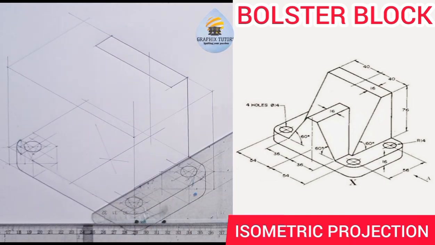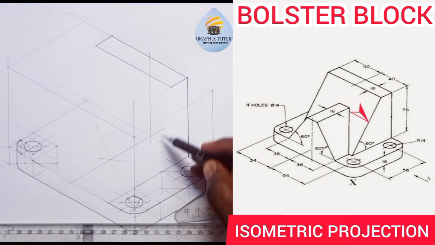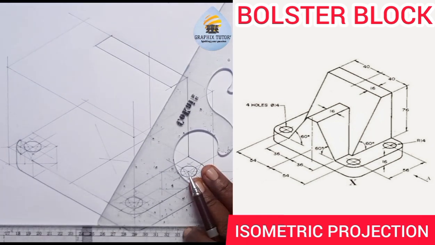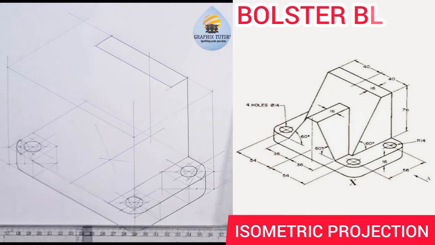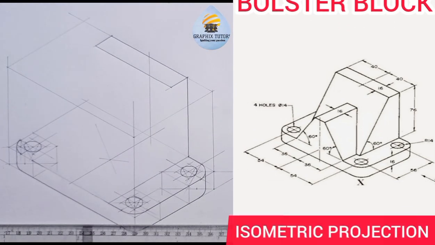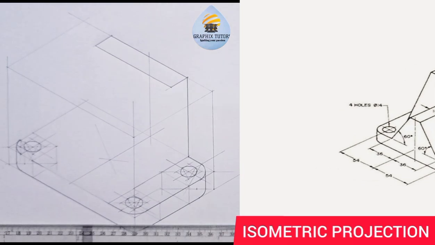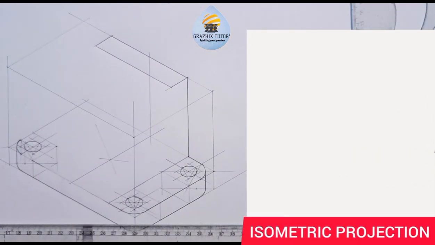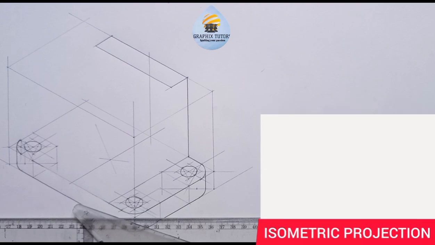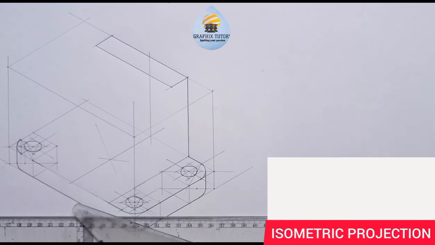So aside that, the next thing we'll do is the angle you're seeing here is an angle of what? 60 degrees. Do you get logic? So what I will just do is I can easily use my set square. It will not work that way, no matter how I want to do it. So the best thing you should do in this case is to reconstruct this guy at this point here. So let's see what you do. Let me remove this. First thing you do, you draw your horizontal line this way